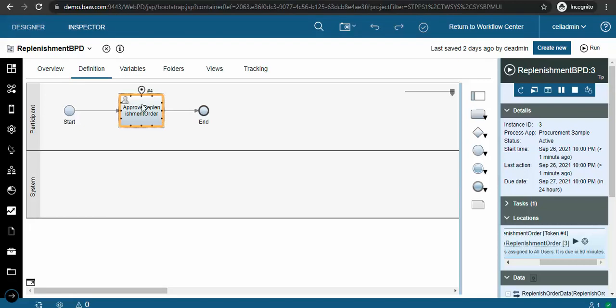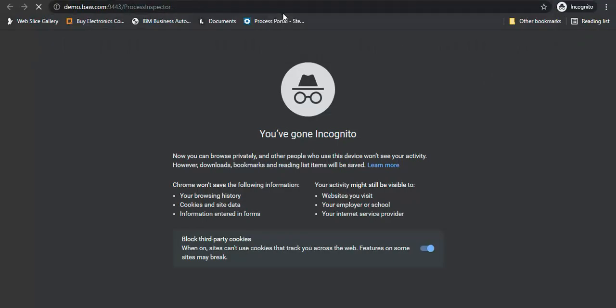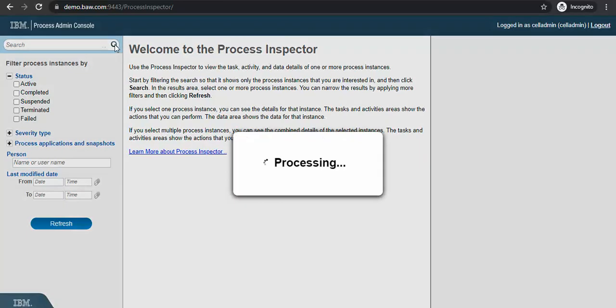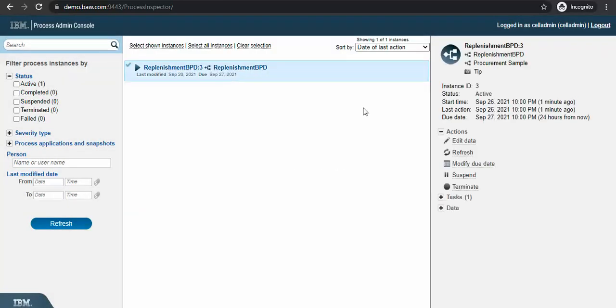Now we can open the actual process inspector standalone URL for the process inspector. So you can see here this view is quite the same, and here also you can see all the things are similar to the previous versions.